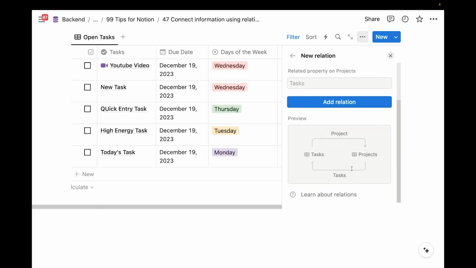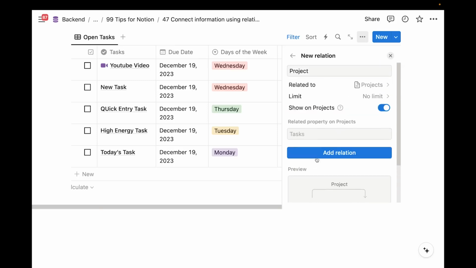And now we see this update. So now on tasks we will show the project, and on projects we will show the tasks. And again, you could rename both these entries if you wanted to. Last but not least, you could also set a limit to say, well, actually, there will always only be